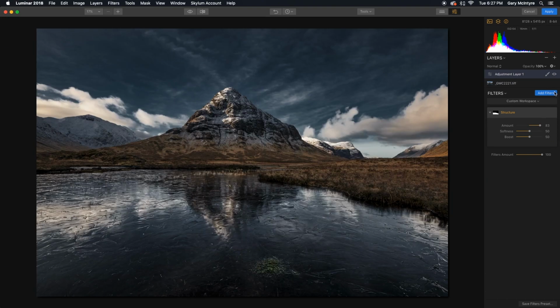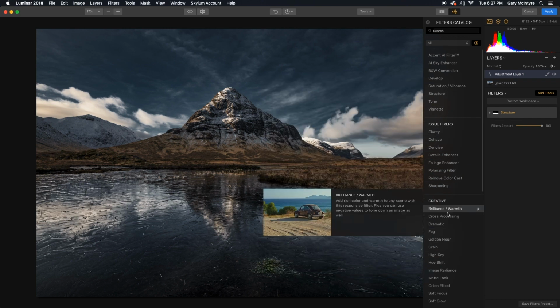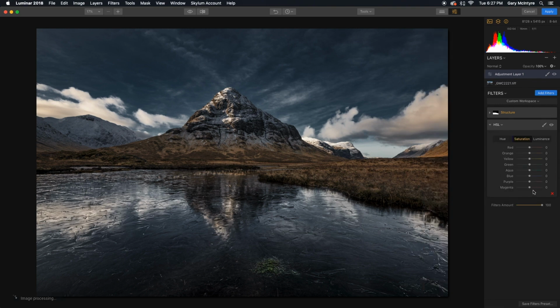Next, I am going to close that down. I'm actually going to drop the blues in the sky again. So I'm going to add hue, saturation and luminance. Still finding my way around here, and I'm going to drop the blues again. Click add filters, lets me see the full screen. Drop the blue back a bit, and then take the luminance back a bit further. Notice it also affects down here. If I don't want it to affect down there,